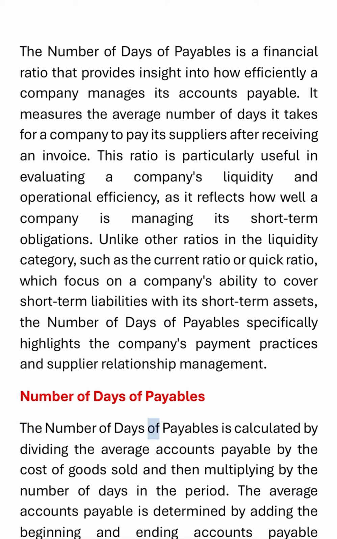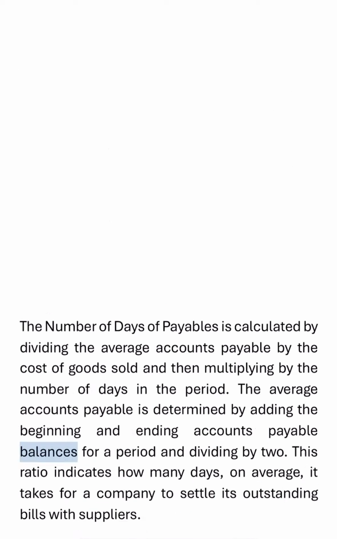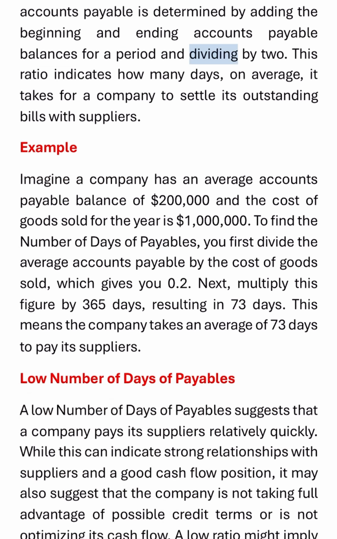The number of days of payables is calculated by dividing the average accounts payable by the cost of goods sold and then multiplying by the number of days in the period. The average accounts payable is determined by adding the beginning and ending accounts payable balances for a period and dividing by 2. This ratio indicates how many days, on average, it takes for a company to settle its outstanding bills with suppliers. Example: